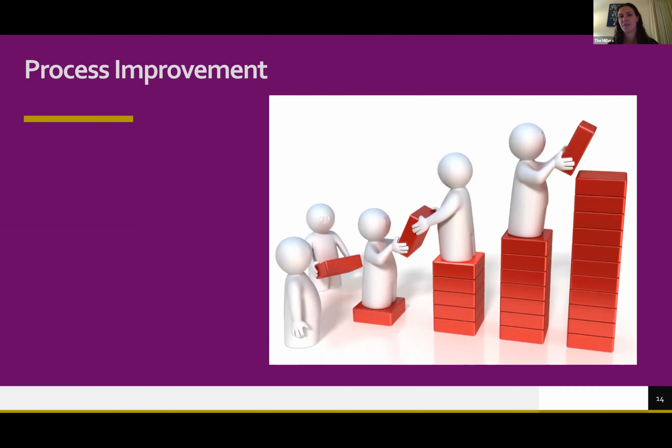Okay, this is the last one before we get to case studies. So a couple items under process improvement. First and foremost, don't recreate the wheel. You know, it can be really exciting to say, I did this and it was the first time that we did this. Awesome. But you're always standing on the shoulders of someone else, right?